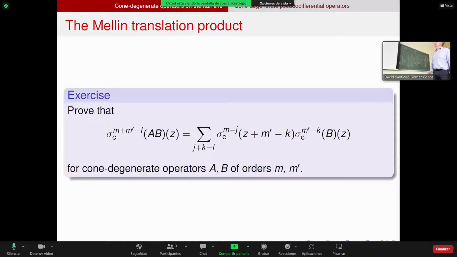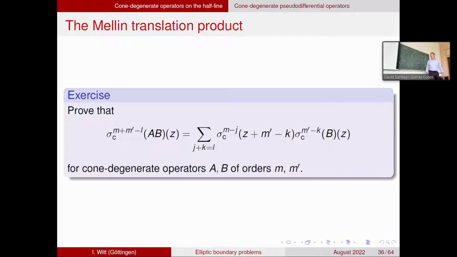Good. So this will play a role, but it's not hard to prove. If you have basically two conormal operators A and B of orders m and m prime respectively, then the product is conormal, and the conormal symbol of order m plus m prime minus L is computed in that way. And here we have this, which is called the translation product. We have this translation by the order of that symbol. And this sort of comes from